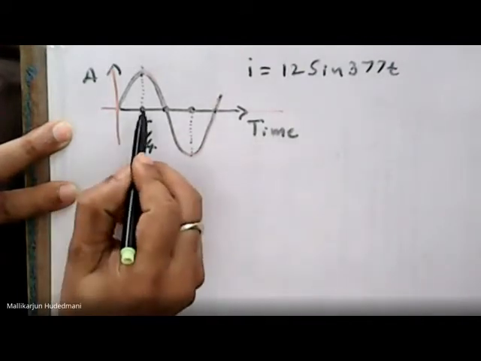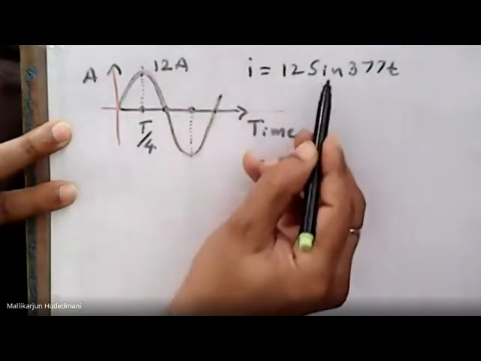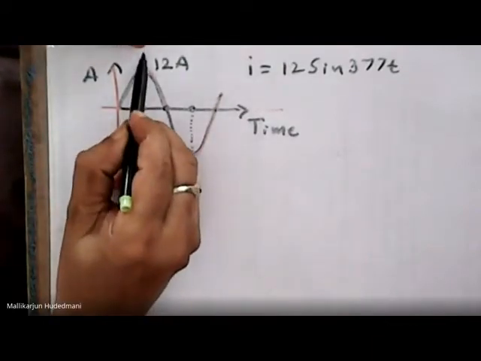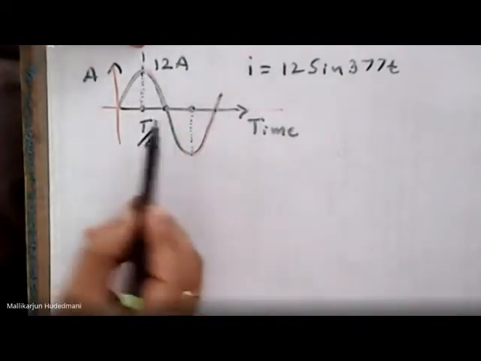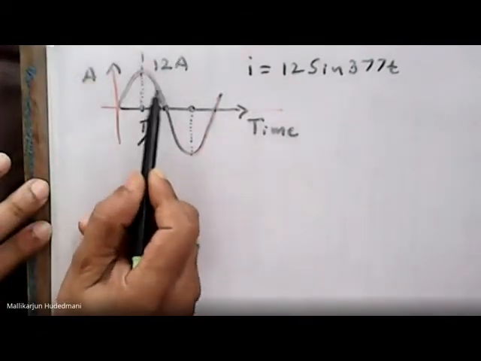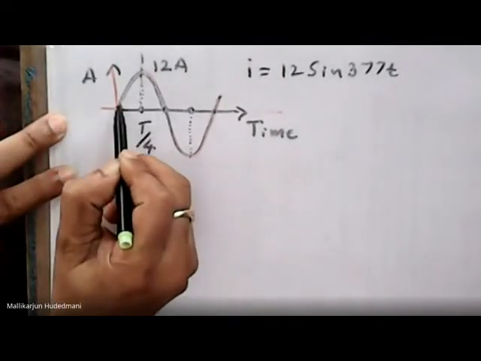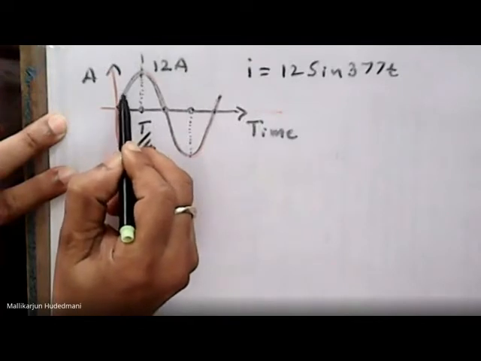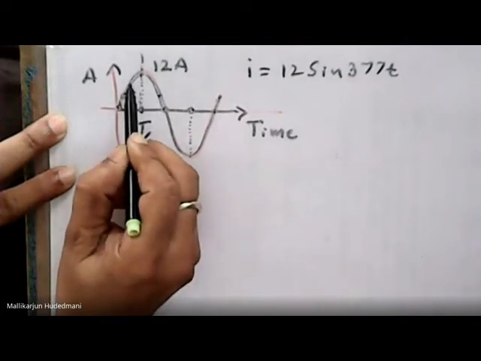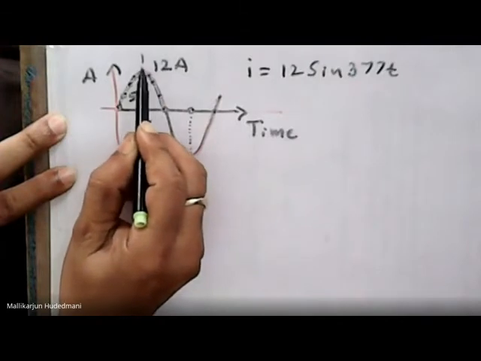At this quarter of the cycle time, the value of the wave is 12 because the peak value appears here. About this axis, just see the dotted line which I have drawn here. This wave is symmetric about the left and right of this. It means 0 is here, 0 is here, and it is increasing. Let's say something like 5 ampere here, here also I'll get 5 ampere. 7 ampere here, 7 ampere here. 10 ampere here, 10 ampere here. 12 at the single crest point.